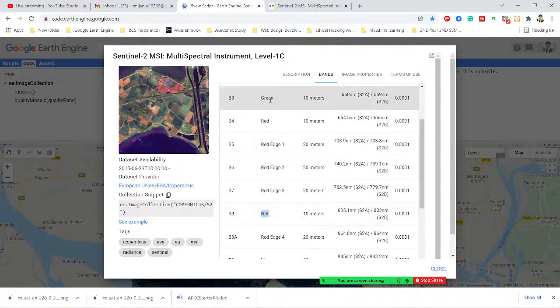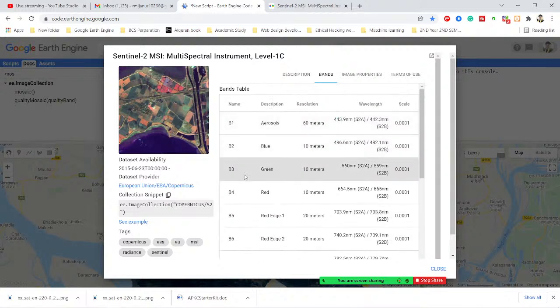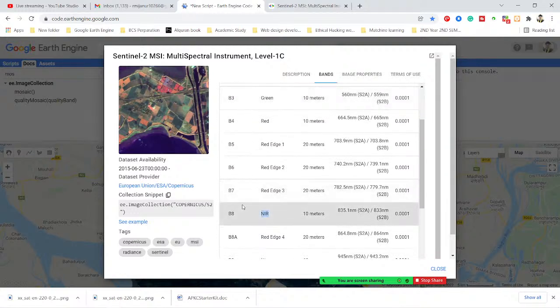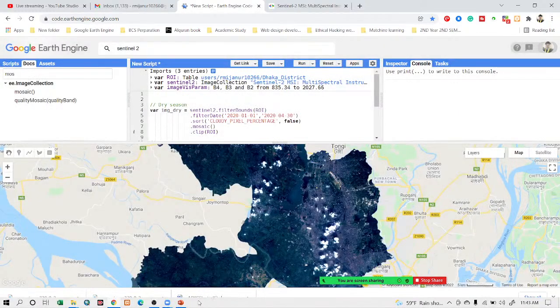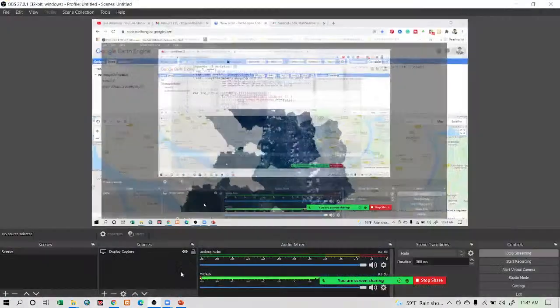So I want to use the two bands B3 and B8, then we can easily calculate the NDWI. I simply use the two bands, and we already know that we can easily calculate different types of band combination, and we also covered all of these things in our yesterday classes, how you can easily use different types of band calculation. So this time I just use a function called the normalized difference function, so that you can easily understand